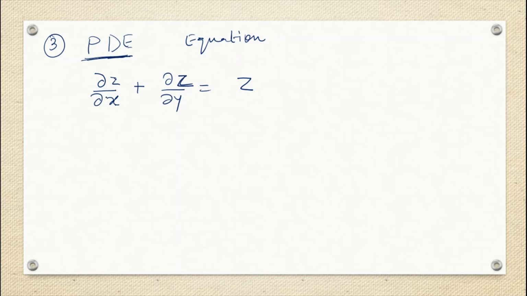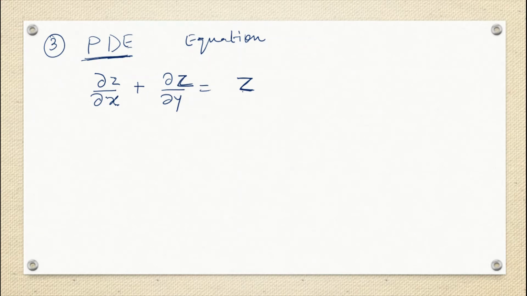Here I am just differentiating with respect to x. Here I am just differentiating with respect to y. And z is also there, but not necessarily in a partial differential equation should this function also be present, right? If z is not there, then also it is valid, because it should be showing me the relation between partial derivatives. Any degree we don't worry about.